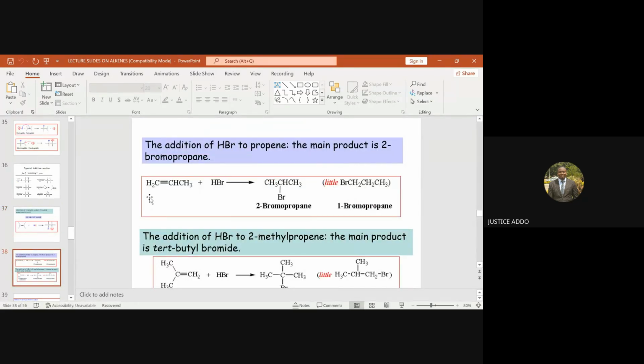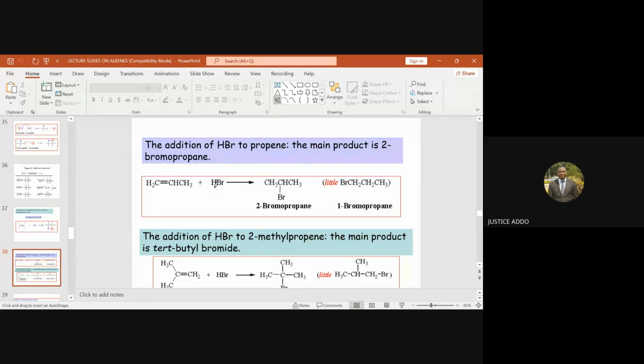So look at this example here. You see that here, the double bond is not in the middle. If you cut this into two equal halves, on your right side, there are two carbons. On your left side, there's one carbon. So this one is what? Asymmetric alkene. So when you're adding HBr,